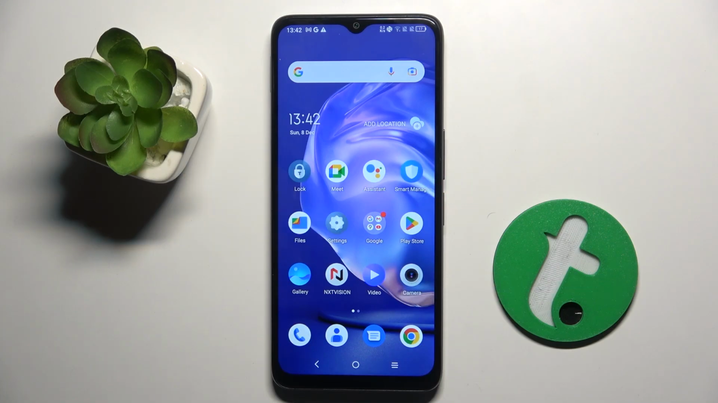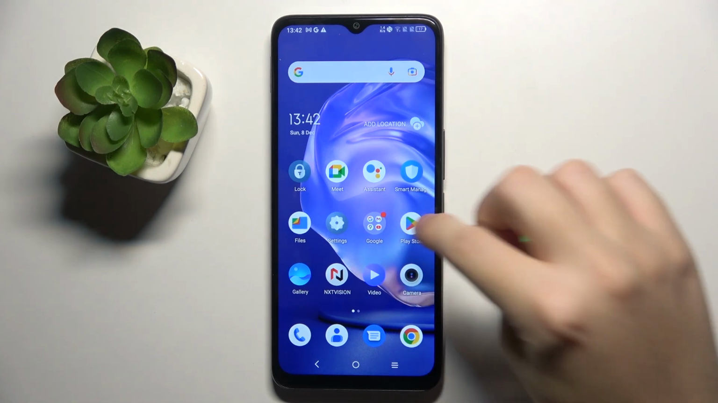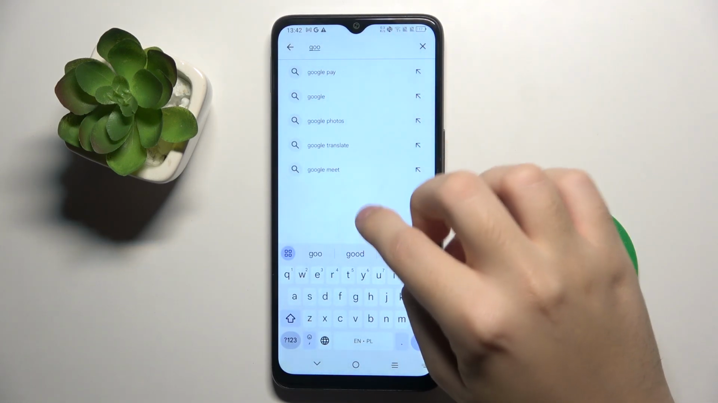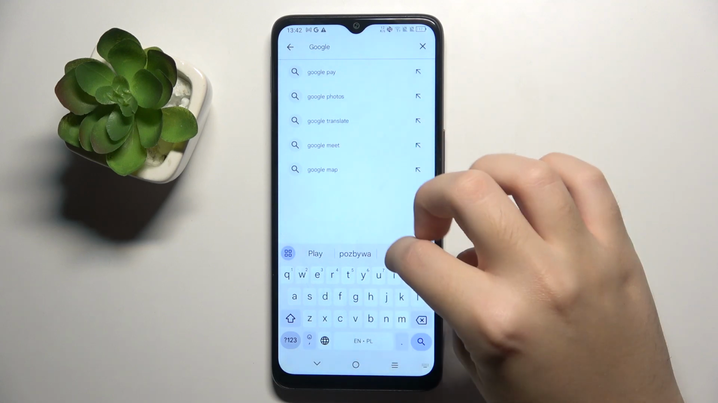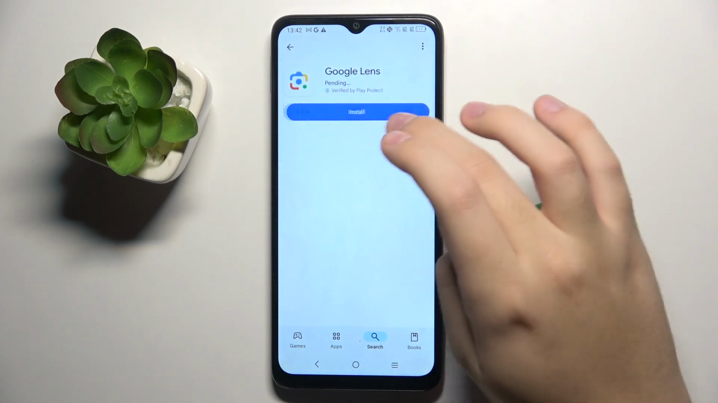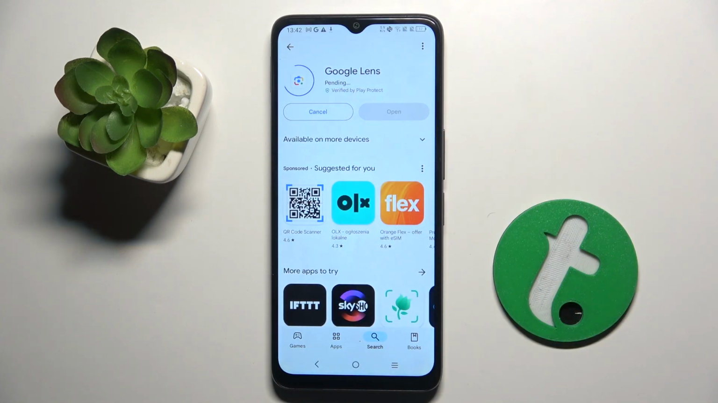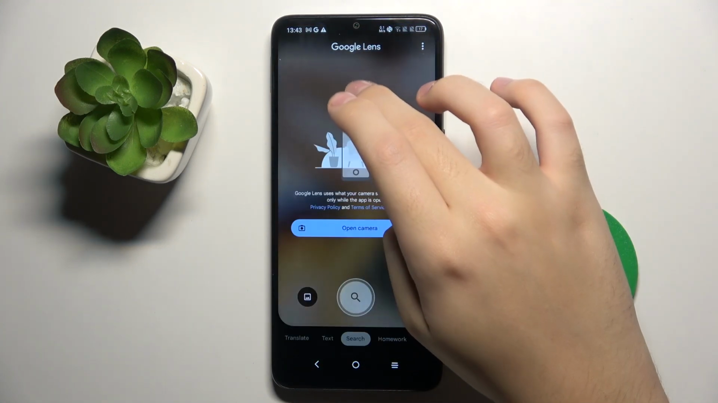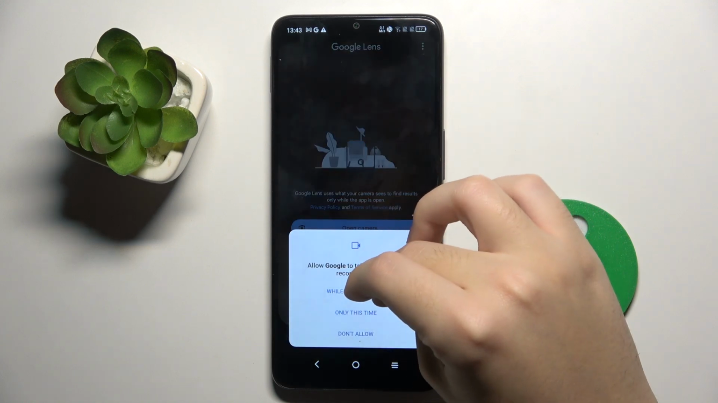Alright, so I am going to show you how to use AI by searching items, and to do this I am going to use Google Lens that we have to firstly install from Play Store. So you have to install this app. Now we can open it. We have to allow access to camera,